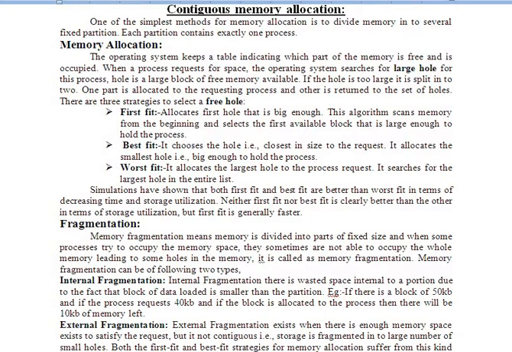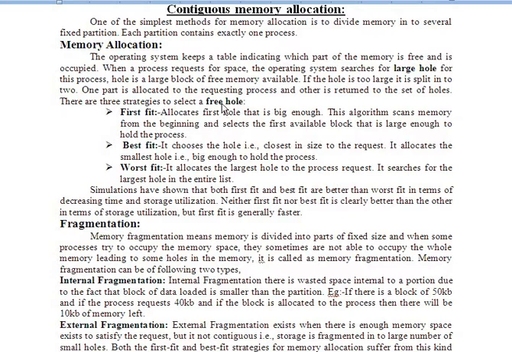We should know the terminology used here. One important term is hole. A hole is nothing but a free space in memory. Whenever, for example, process one is executing, it completes its work, and then that process will be taken out of memory and put in secondary memory. When process P1 has been taken out of memory, the memory space it occupied will be free now. That is called a hole. Repeat, a hole is nothing but a free space in memory.